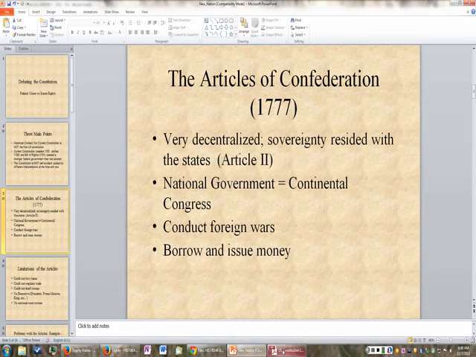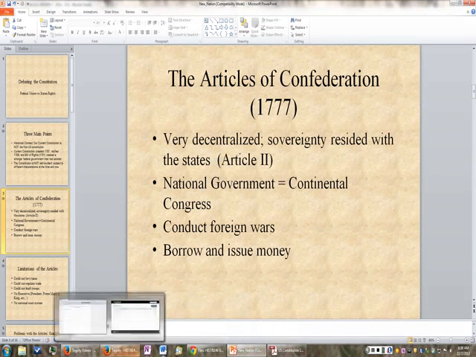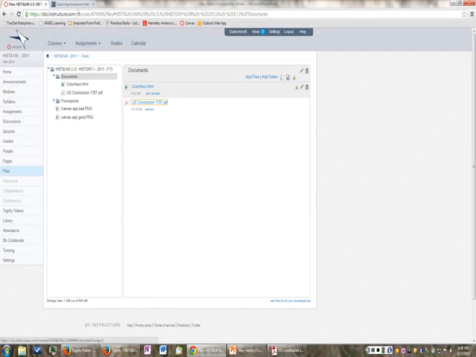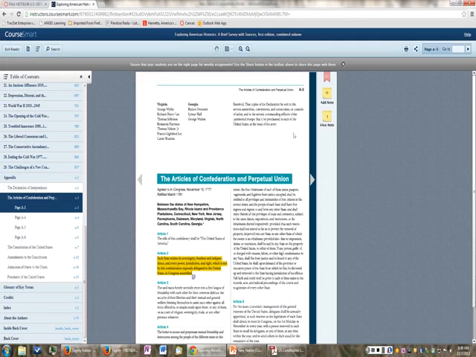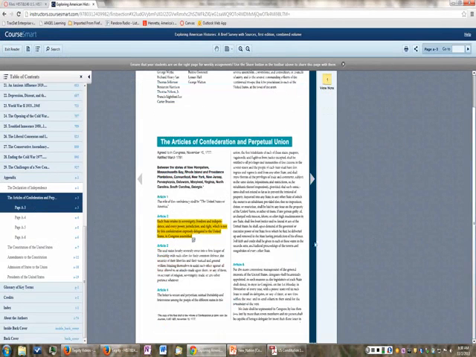If we get out of this for a second and we go to your book, actually, I'll show you. This is your textbook. I don't know if you can see this, but I'm in the appendix, and in the appendix you have the Declaration of Independence, you have the Articles of Confederation, you have the Constitution, the amendments to the Constitution. And here in section A3 you can read Article 2 for yourself, which says, no, maybe you can't read this on the screen that you're seeing. I'm not sure how big it is.